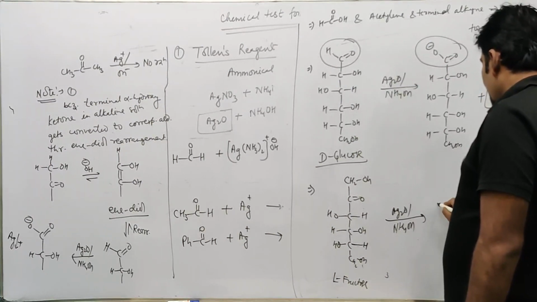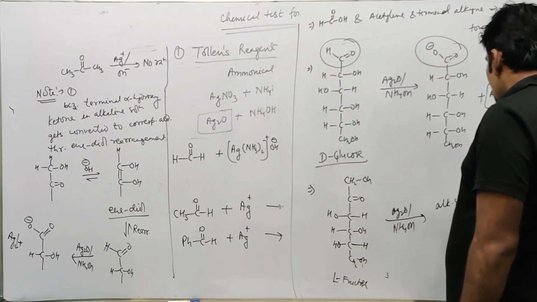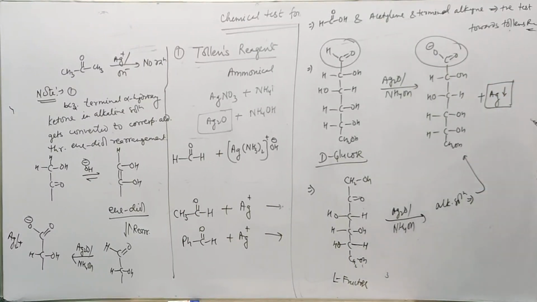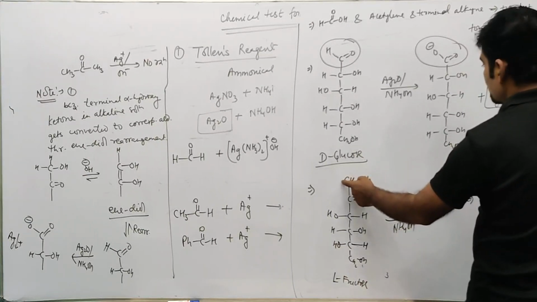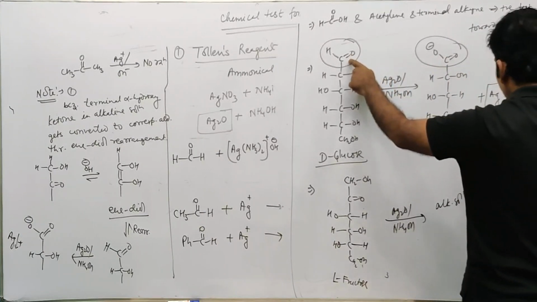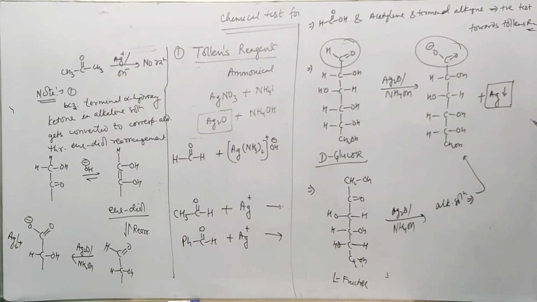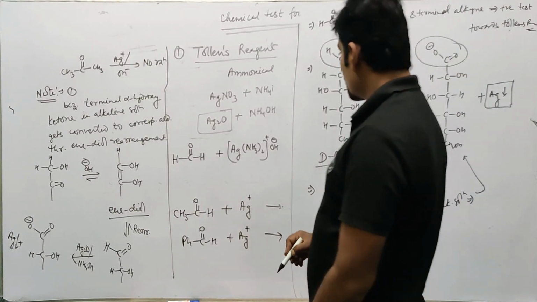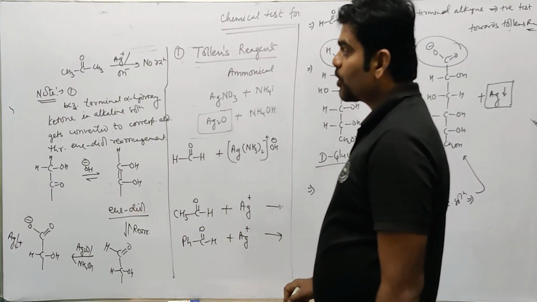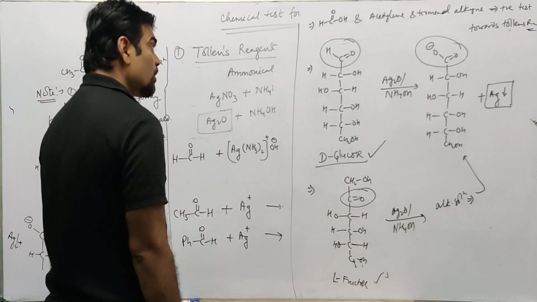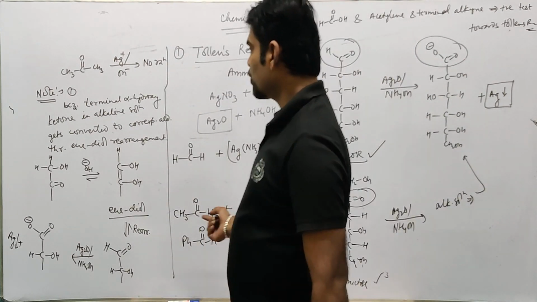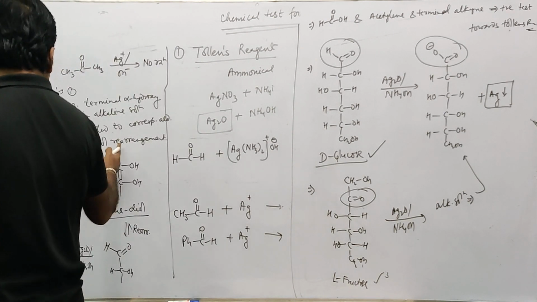Why? Because in alkaline solution, they will be converted to glucose structure. And since they will be converted to glucose structure because there is a terminal hydroxy group, this glucose, having an aldehyde group, responds positively and gives the silver mirror test. So glucose as well as fructose, despite the presence of the C double bond O group in fructose, will respond to this test positively because in alkaline solution they will be converted to the corresponding aldehyde through enediol rearrangement.